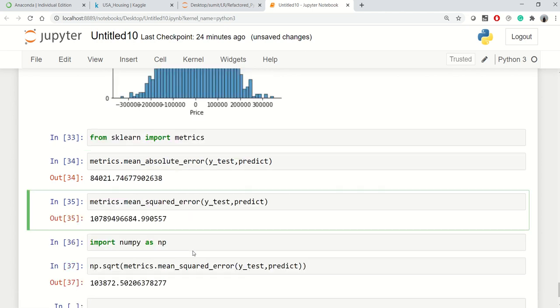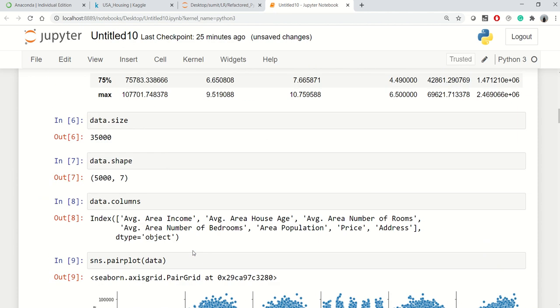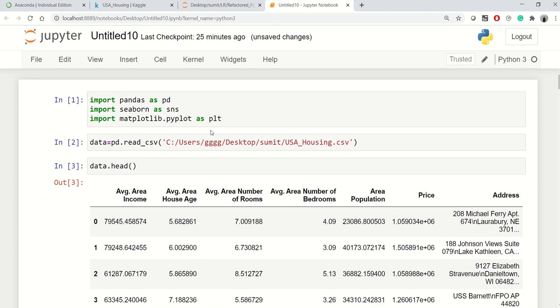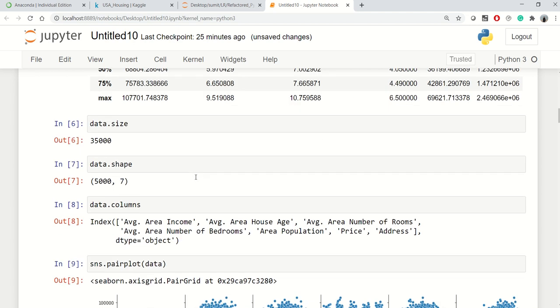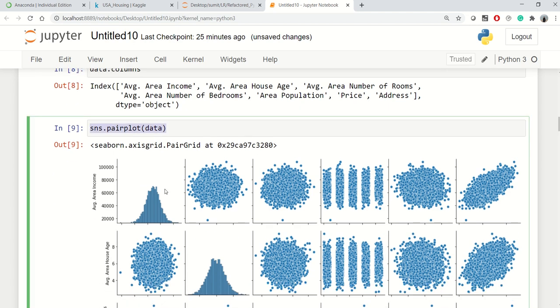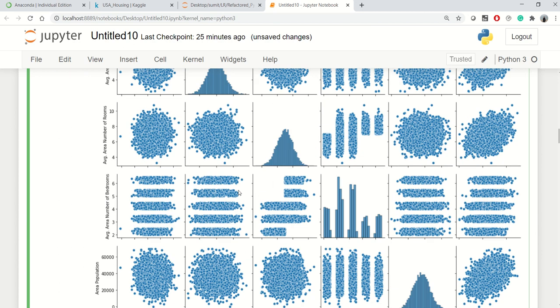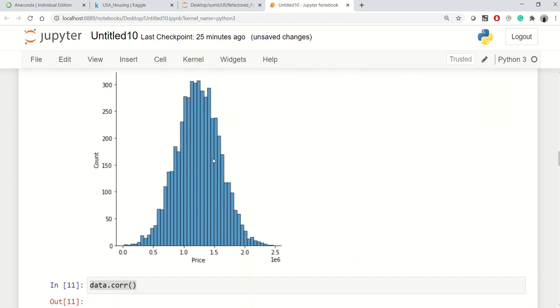So we have spoken a lot about linear regression and scikit-learn. First of all, we learned how to load the dataset and how to explore it. Then we learned about pair plot and seeing our data using visualization. We learned about distribution plot to see our target variable.